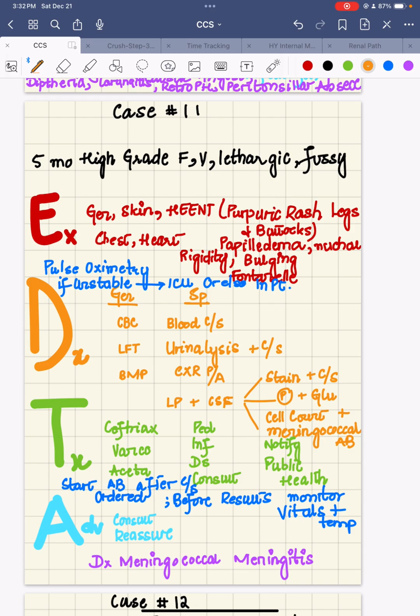Again, since it's a case of high-grade fever, immediately get pulse oximetry done, and if needed administer oxygen, and if he's unstable, immediately shift to the ICU. Otherwise, shift him to the inpatient unit since you are suspecting some meningitis. For the general, do CBC, LFT, BMPs, and specifically get blood culture drawn before you administer the antibiotics. So blood culture, urine analysis and urine culture for urinary infection, chest x-ray, PA for respiratory infection, and lumbar puncture along with CSF studies such as stain, culture sensitivity, protein glucose, cell count, and meningococcal antibodies in order to rule